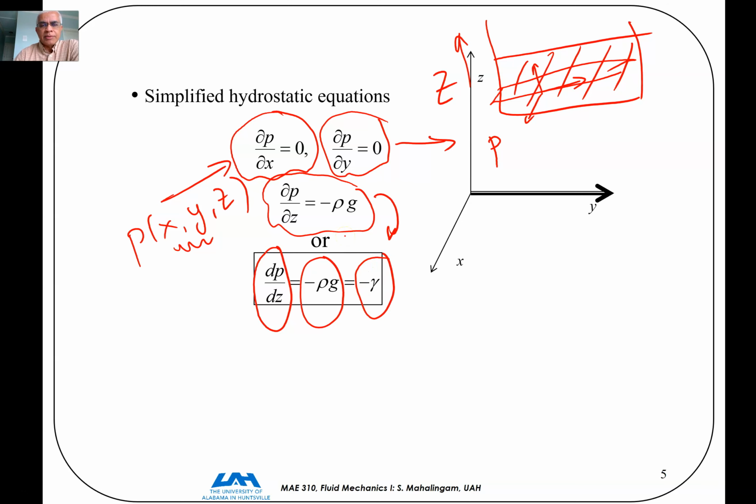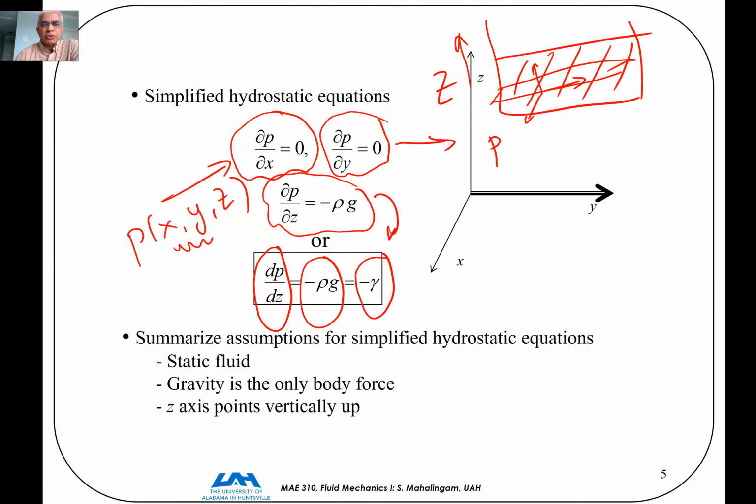We'll call that gamma, the specific weight of the fluid. So in summary, we've looked at the hydrostatic equation for a static fluid, and this equation applies only when the relevant body force is gravity, and the assumption here is the z-axis is pointing upwards, right? The right-hand side will become plus gamma if the z-axis chosen is pointing